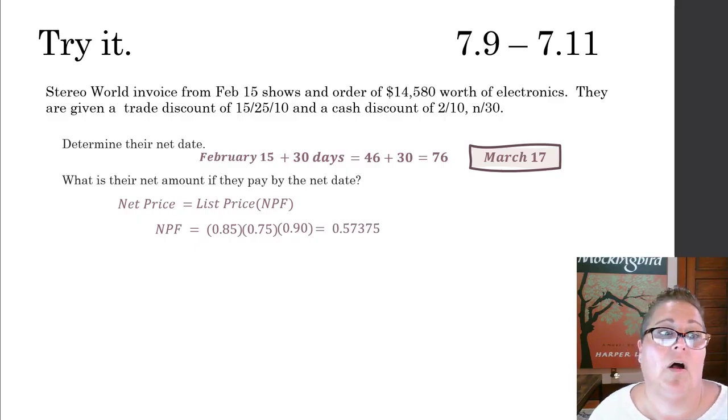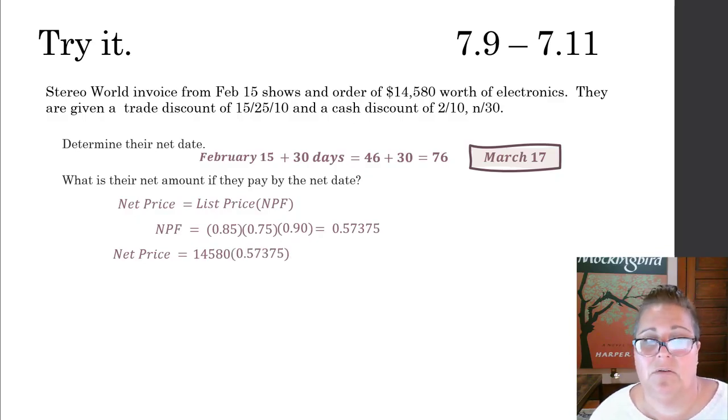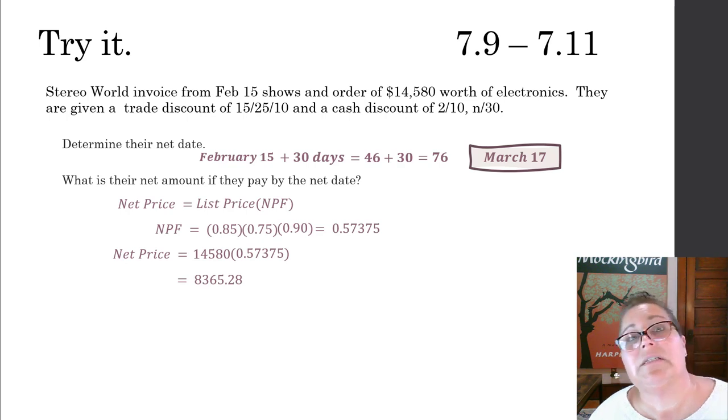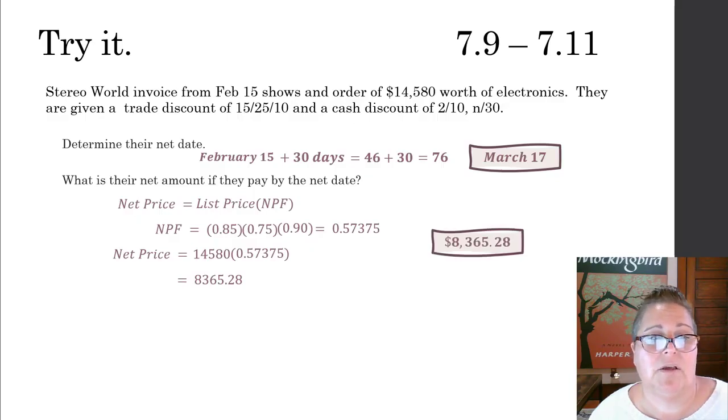If I multiply all of those together, I get 0.57375. That is my net price factor. So my net price is going to be $14,580 times 0.57375, which is $8,365.25. So that's going to be the net price, but it's not the net amount, because if they pay, oh